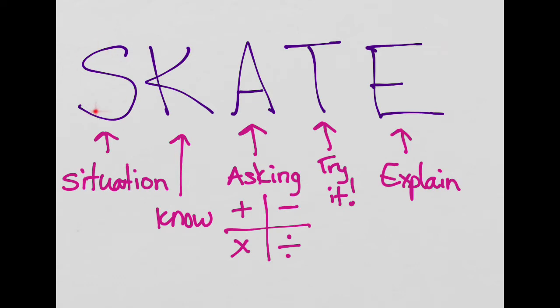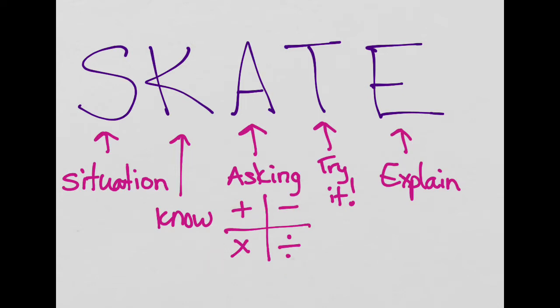The S in SCATE stands for situation. That talks about knowing what's going on in the problem. The K stands for know, which means you go back and ask yourself, what facts are in the problem and what things do I already know? The A stands for asking. What are they asking you to do, or what question are they asking you to answer? And that's when we really break out our 4 operations strategy to figure out which one of these are they